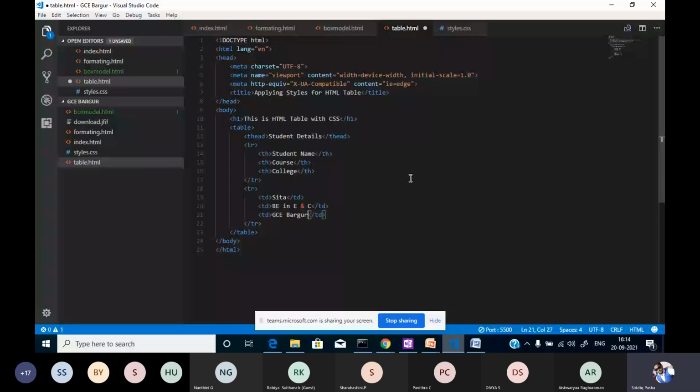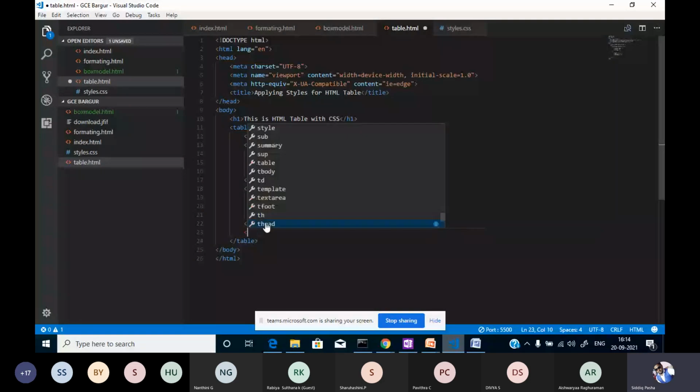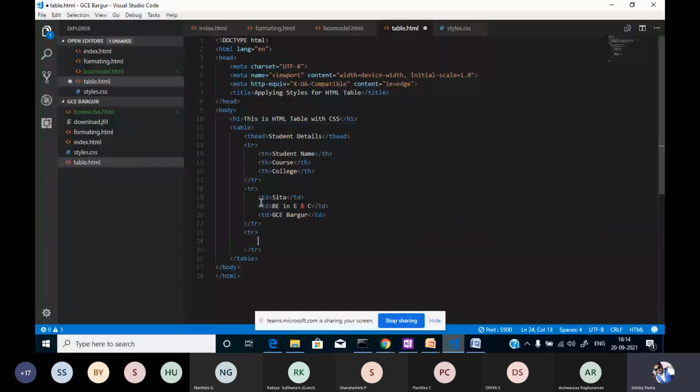Similarly, I will add one more row. We can have n number of rows. Table row. I'll simply copy this and just put it over here. Okay, this is your Gita, CS.